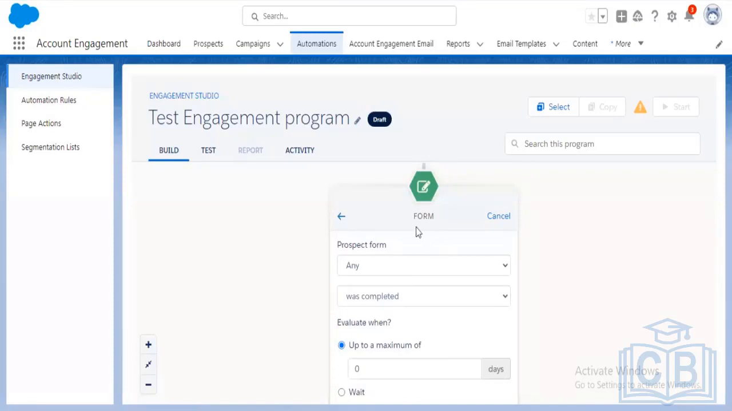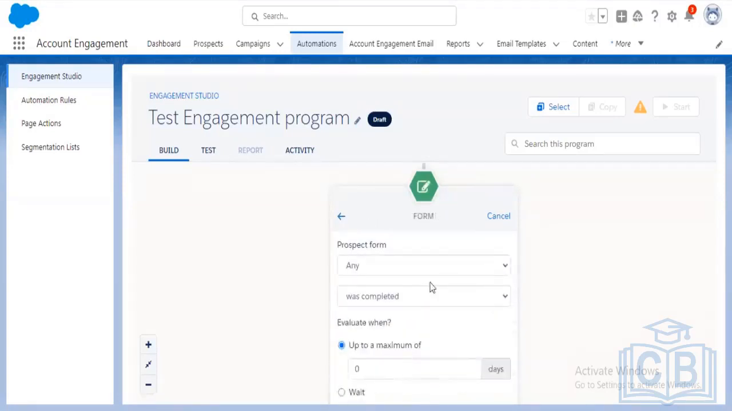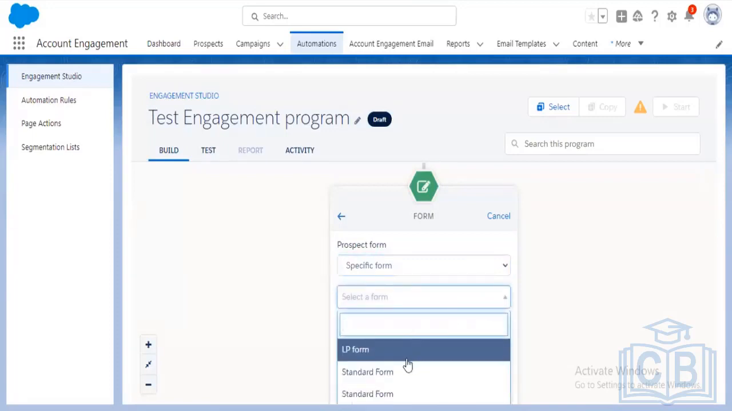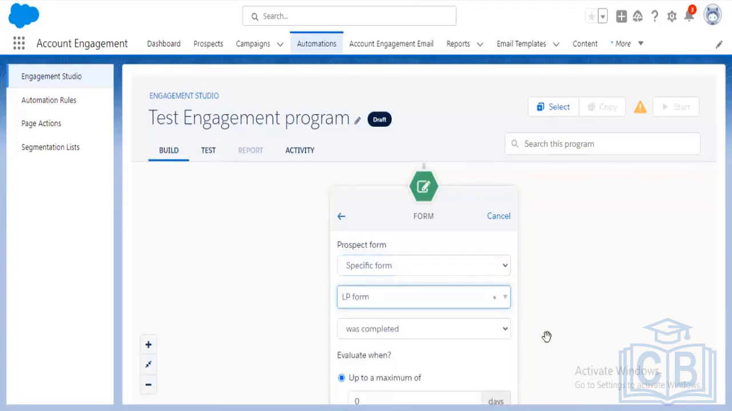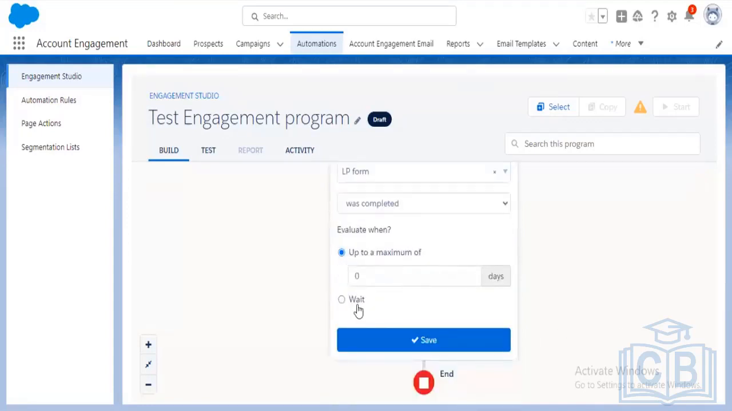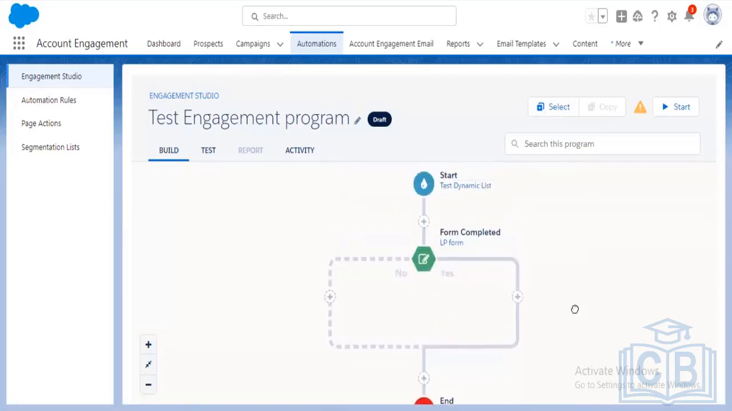What I have selected is form, and instead of any form, you can simply select a specific LP form that we are using, right? Okay, was completed. Just click save. Once you save the trigger,